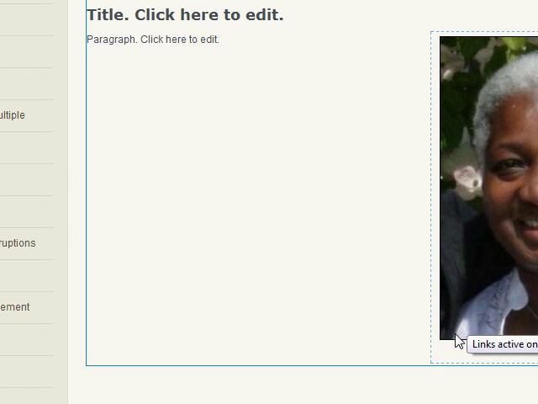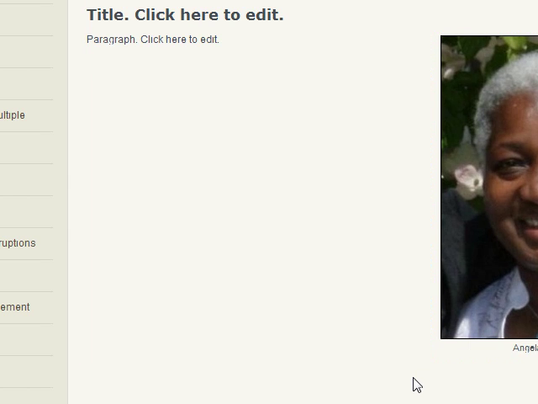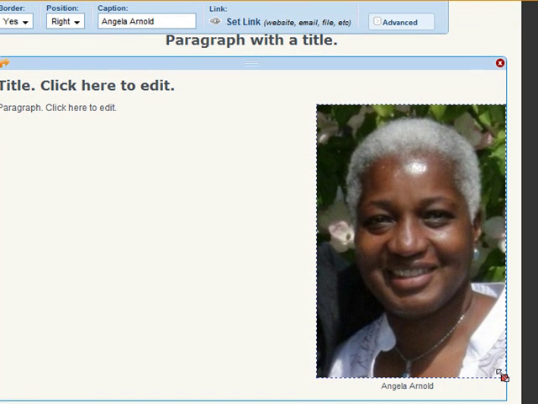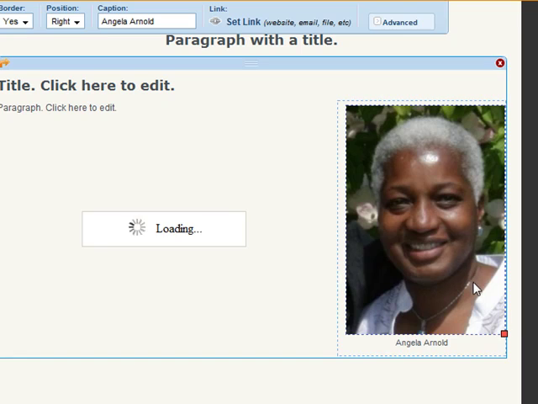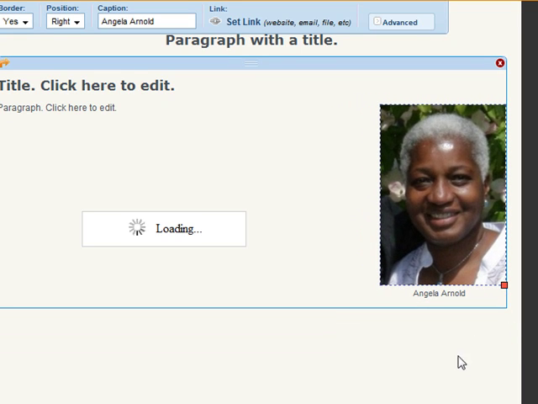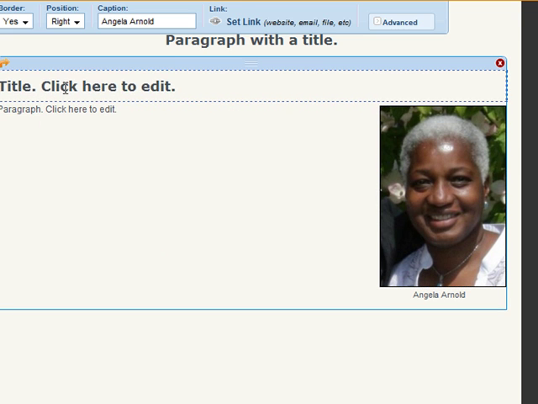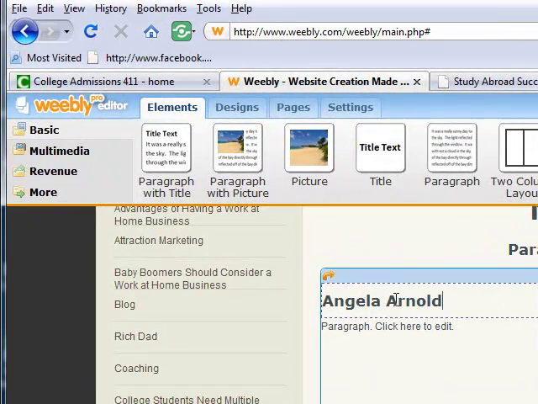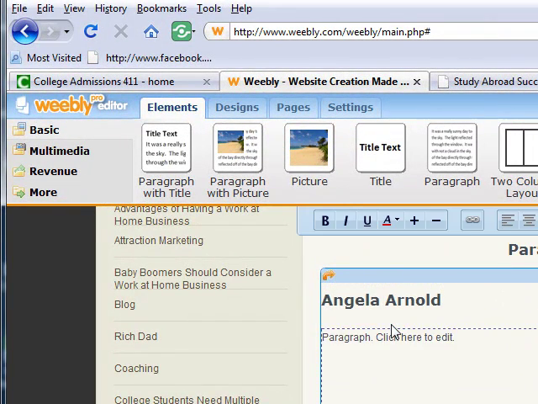Now you can see how large this photograph is on here. This is only 37 kilobytes. So that shows you how large a photograph you can get out of 37 kilobytes. For me, that's a huge image on my website, and I just want to reduce it down a little bit, so I just grab this and make it as small as I want or as big as I want. I can type in the title here. This is Angela Arnold,